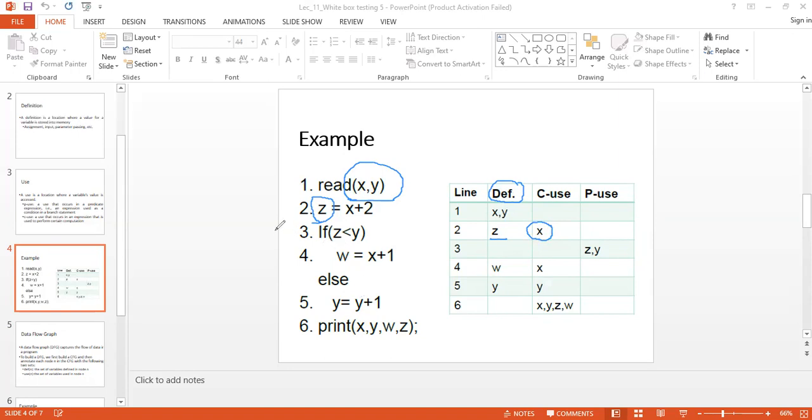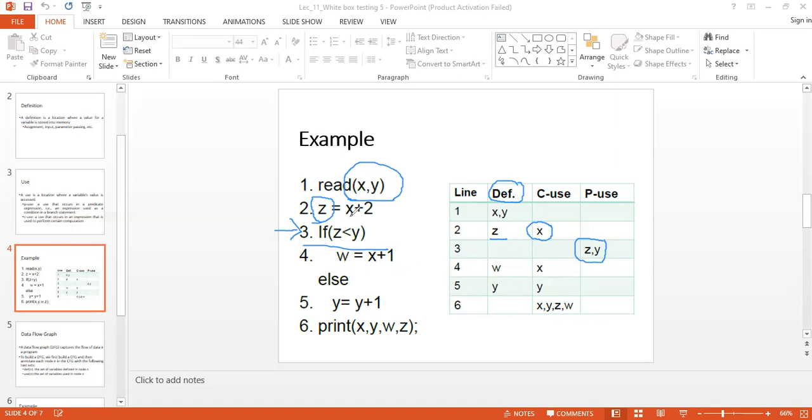Likewise, the third statement is an if statement. Both z and y were already defined, so this should not be a definition, but these z and y are in a decision. In that case, it's a p-use, the predicate.